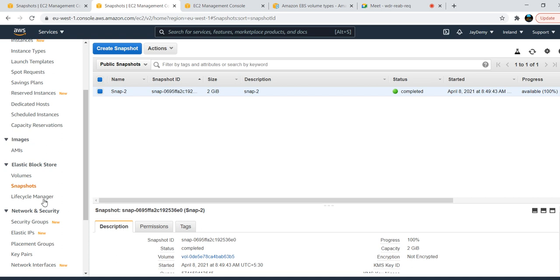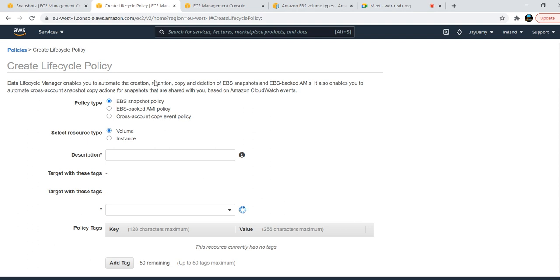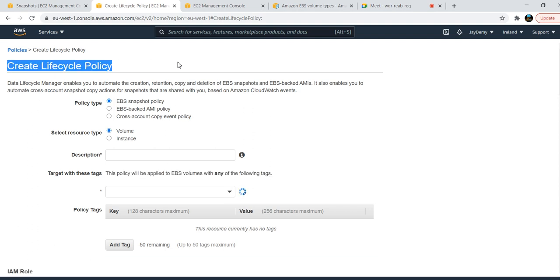If you want to start them at the same time, we need to use Lifecycle Manager. Just create a lifecycle policy. Earlier, we didn't have this lifecycle policy. At that time, we needed to write our own custom policies, give the EBS volumes, fetch the instance metadata, and take the snapshots. All that we were doing. Now life is much simpler.